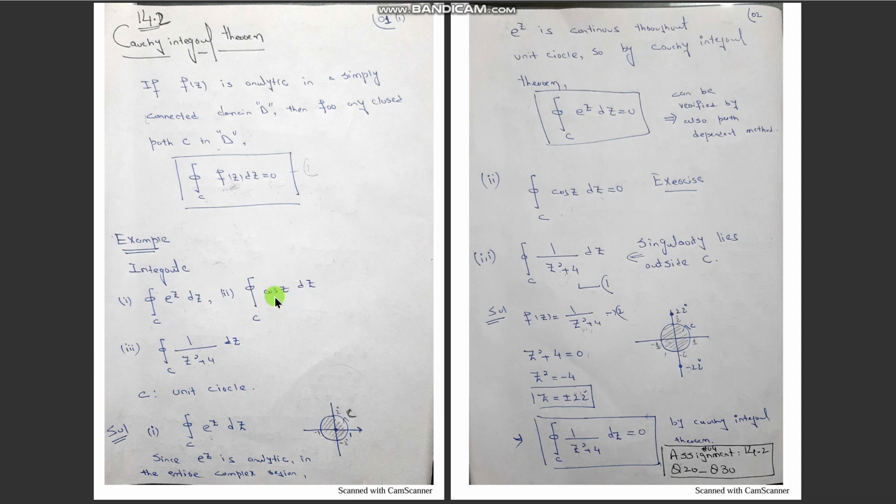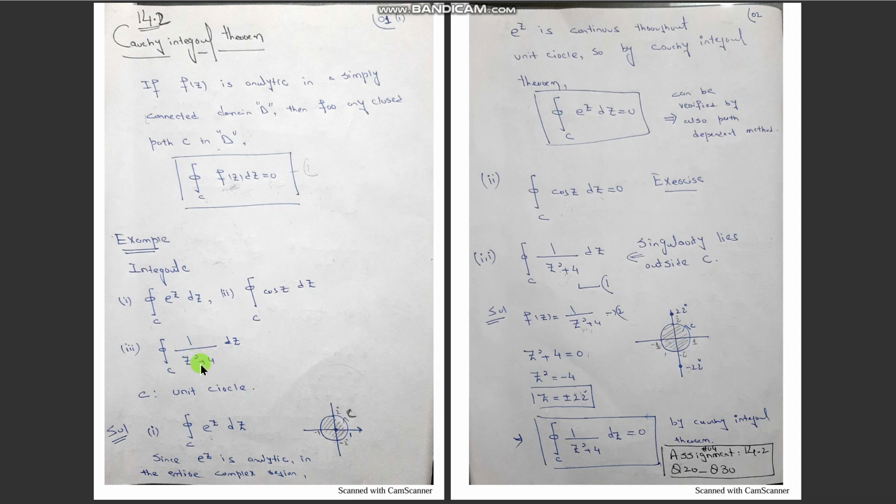Similarly, cos z is an analytic function in the entire complex plane, so the integration of cos z is equal to 0 according to this theorem if we integrate this cos z along any closed path C. Similarly,